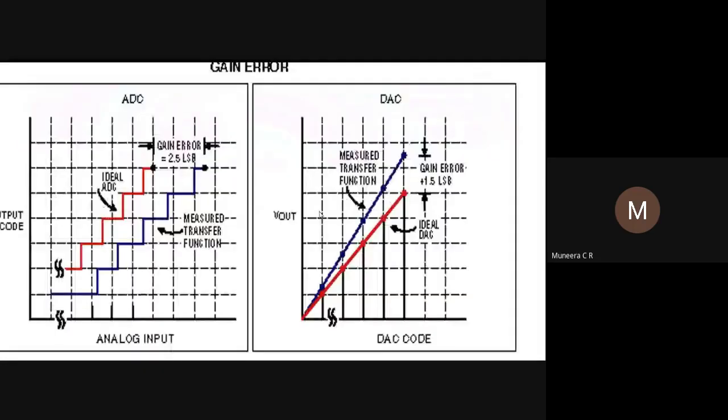Gain error is how well the slope of the actual transfer function matches the slope of the ideal transfer function. Gain error is usually expressed in LSB or as a percentage of full scale range. The gain error is full scale error minus offset error. So actually here for the DAC,